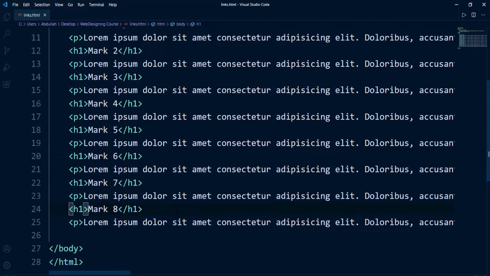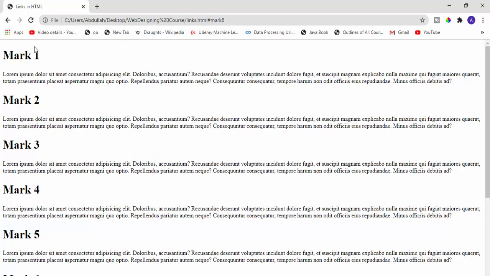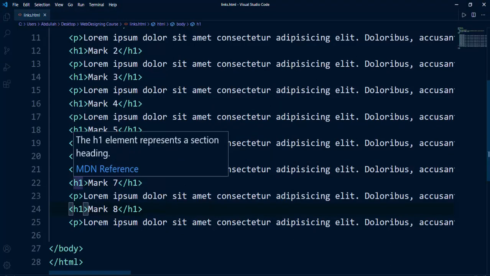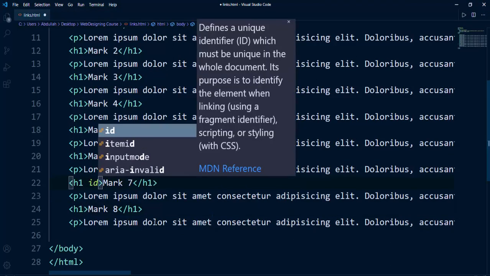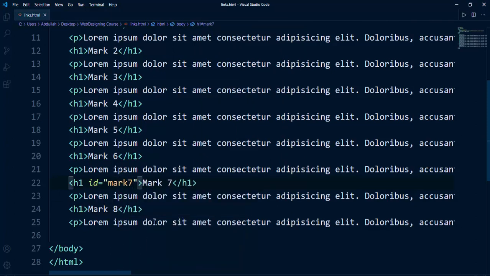Now here what we will do is add a bookmark to a particular mark. What if we want to add a link there? Whenever the user clicks on this link, it will automatically navigate to the 7th mark. So here we will go to the 7th mark, and here I will add an ID, and I will say ID equal to mark 7. You can put any name. Now what is ID? We will talk about the ID selector and class selector in the upcoming class when we learn CSS. But for now you can assume that the ID is used to uniquely identify